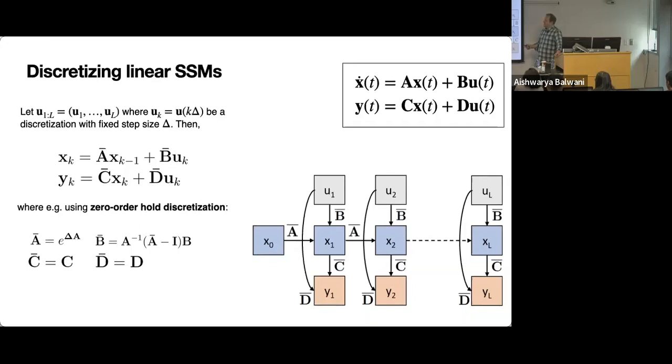We can discretize that continuous time system in a number of ways to get a discrete time linear dynamical system, where now we'll use K to index time. So here, we're just using what's called the zero order hold discretization. That's not particularly important. This is just one way to turn this into this graphical model like we've seen a number of times. One thing to note, we're not going to have any stochasticity in these dynamics or in these emissions. That's an interesting direction for future work, but so far, in what I'm talking about now, they'll all be deterministic.